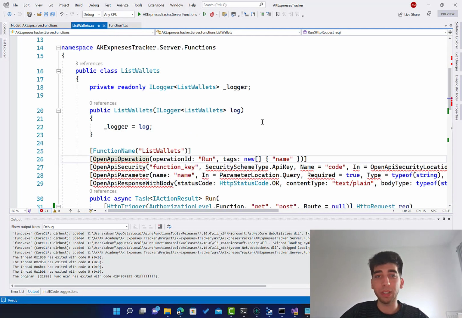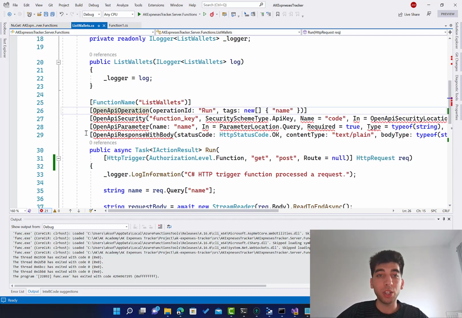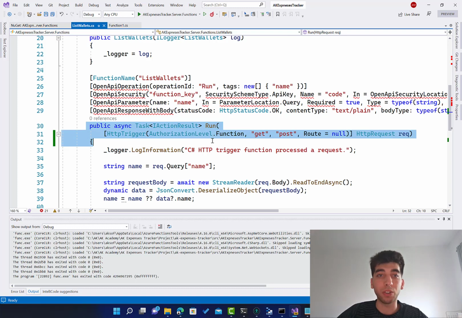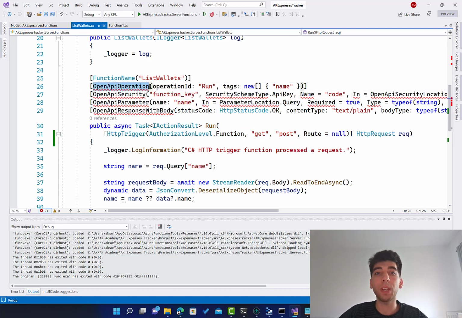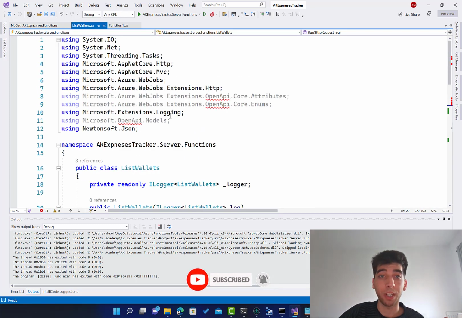Hey, so let's get started creating some projects and writing some code. In the previous session, we created this function called list wallets, and we chose it with OpenAPI. What OpenAPI does is add the Swagger capability to this function so we can have documentation. We are going to talk about that in detail, but for now, to get this up and running, we need to install the package